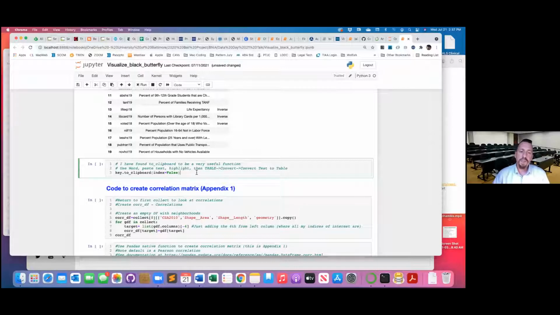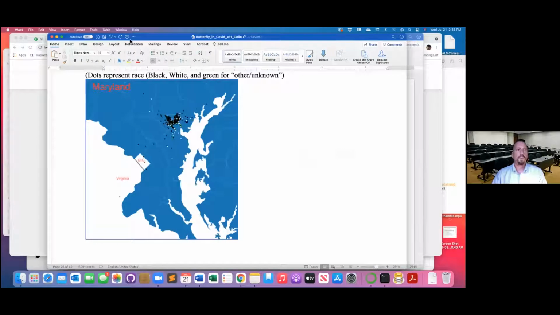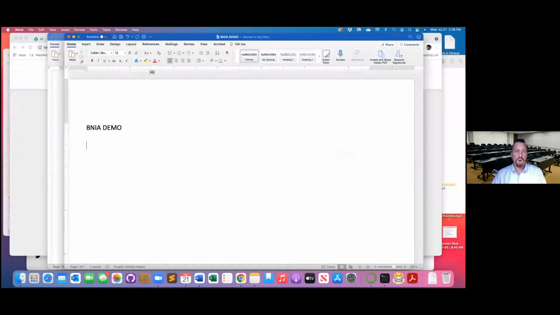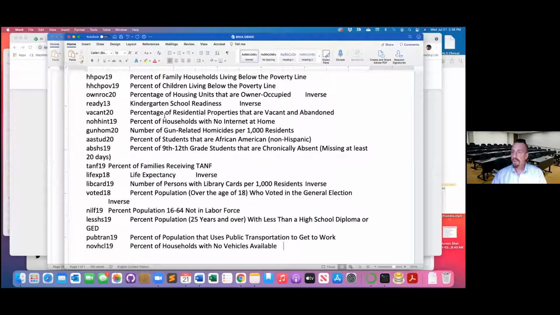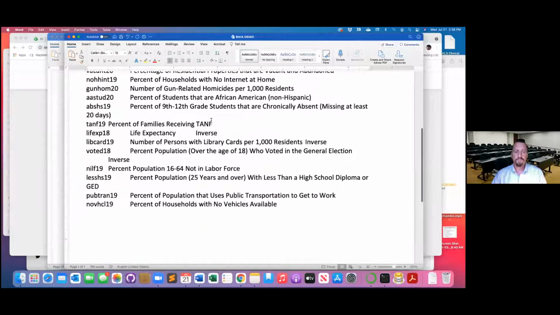But there's something that you can do that will take the contents of a data frame and put it into the clipboard. And so if I run that, I've now got the contents of this key in a clipboard. And if I go to Microsoft Word and just press Control V, if I just paste it, if I highlight all of this